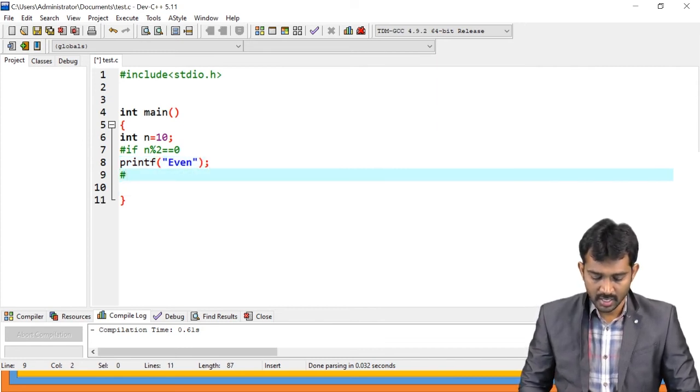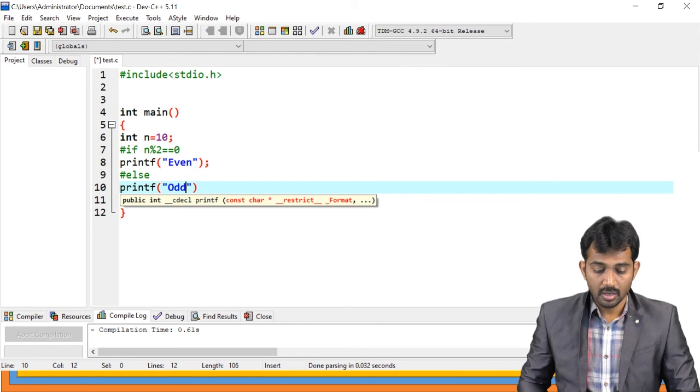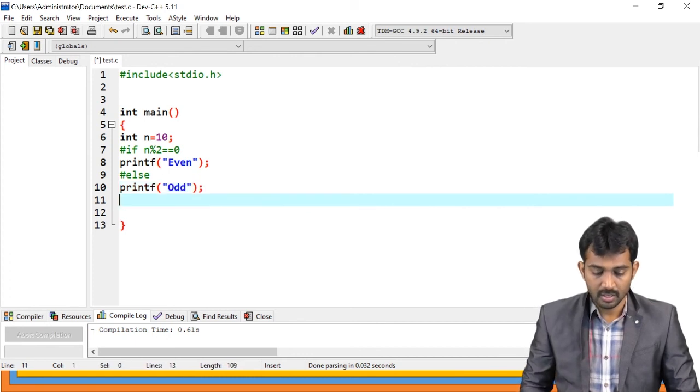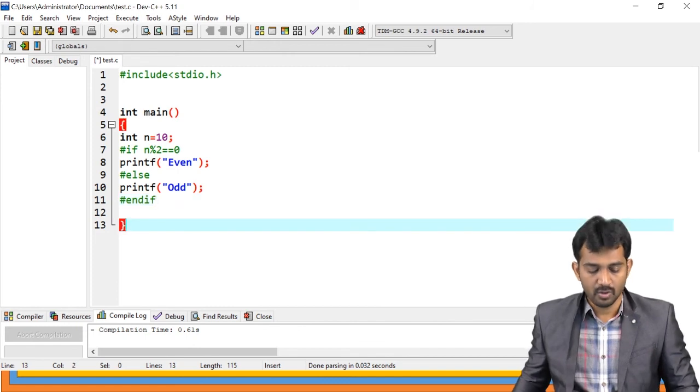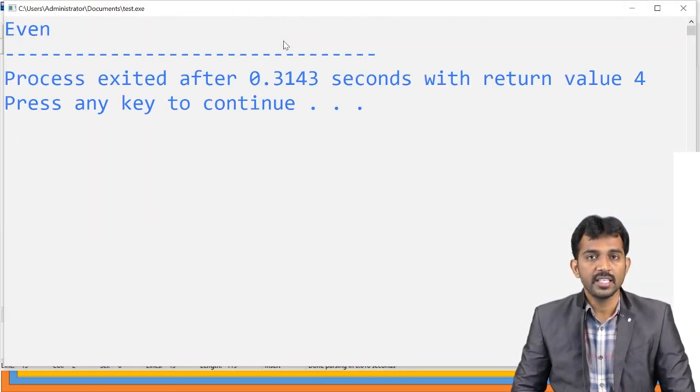So #endif, right? Otherwise, see, #else, printf odd, right? #endif. Now, if you run this code, observe clearly, it is even, right?